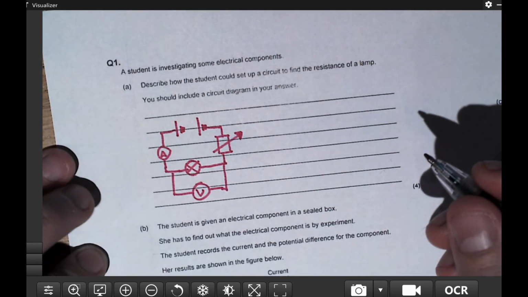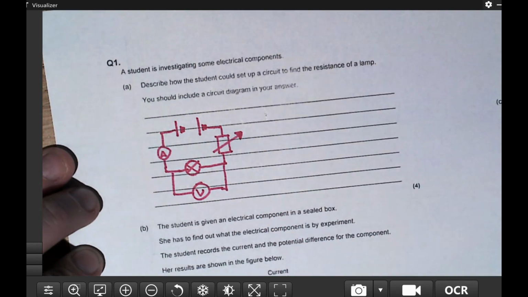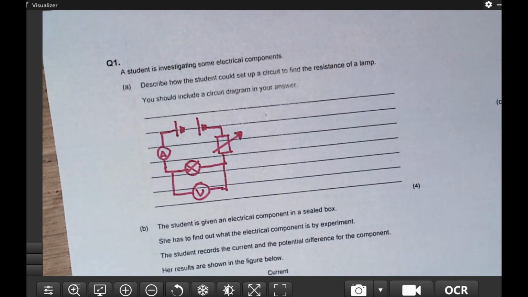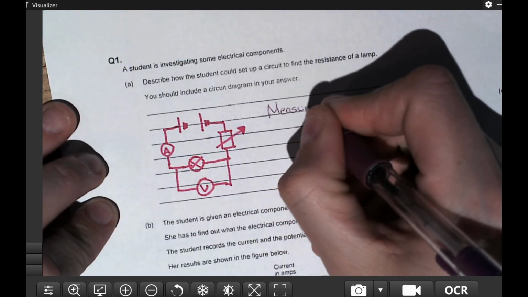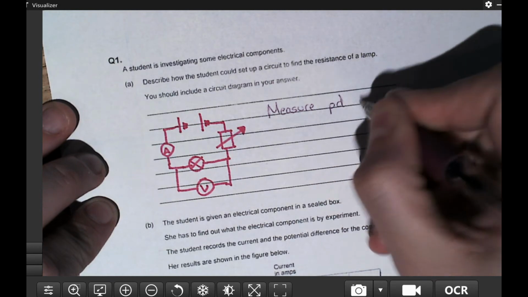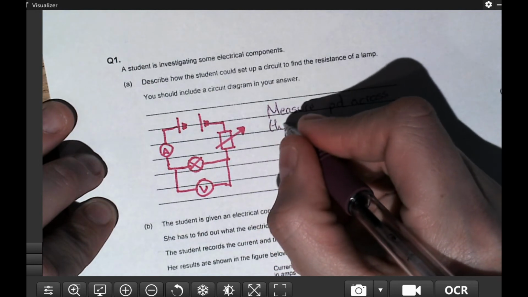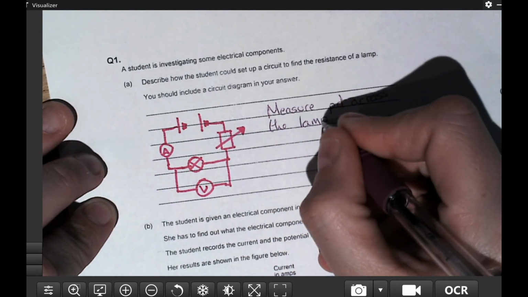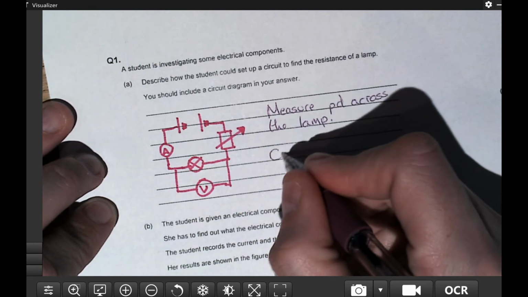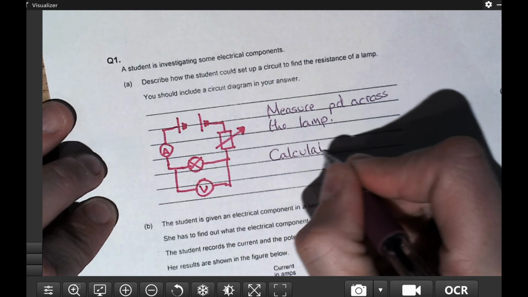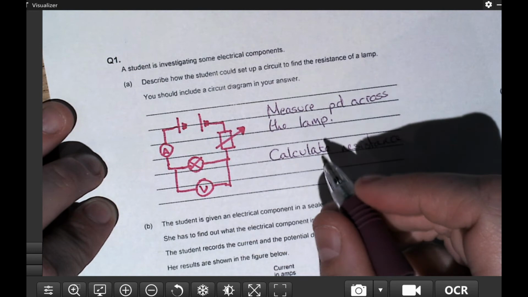Then we want to be talking about the fact that we will measure the potential difference across the lamp. And then that we will calculate the resistance using